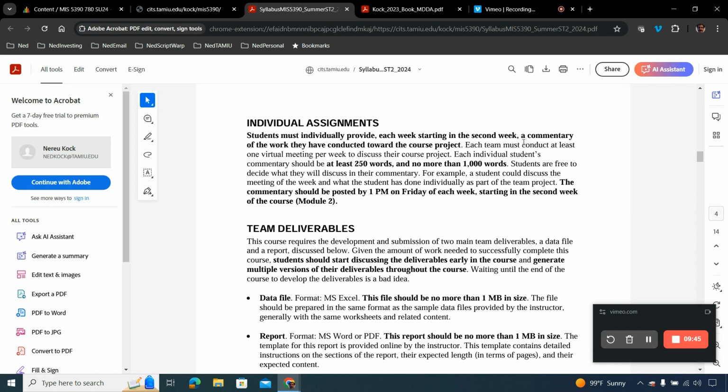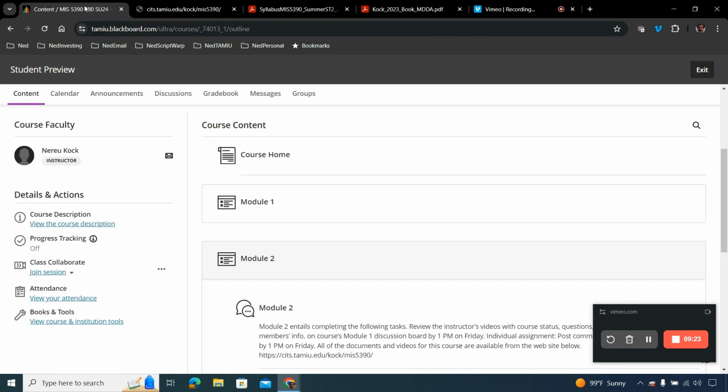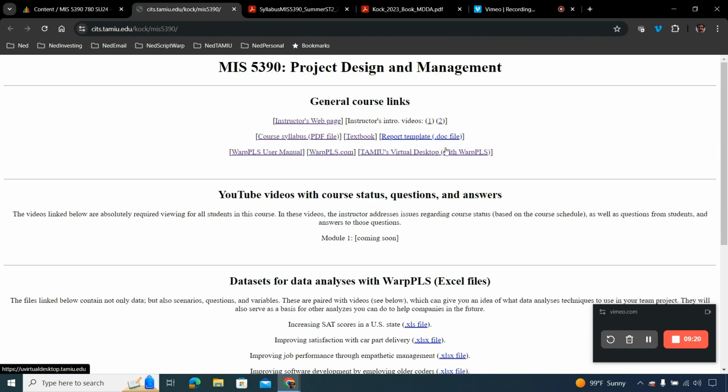So students should provide, starting in the second week, a commentary of the work they have conducted toward the course project. Each team must conduct at least one virtual meeting per week to discuss their course project and make sure they're following the plan. It's a lot of work, and the report template gives you an idea. This is your main guide for the work that you're going to be doing, because you're going to have to complete that report that will be submitted at the end of the course